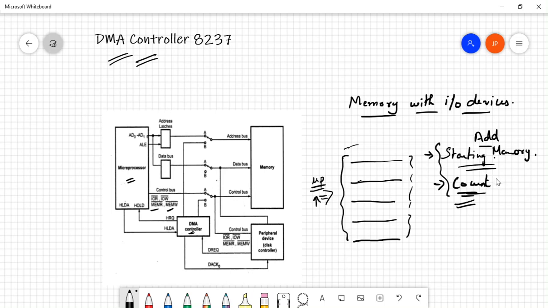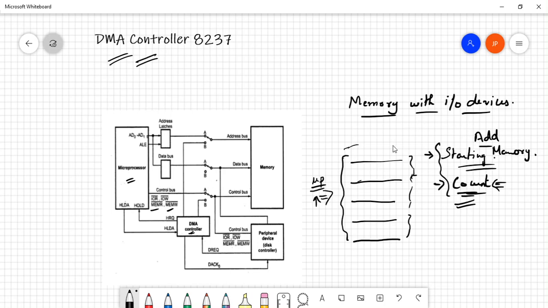It keeps decreasing the count with each byte, and when the entire data is transferred, it gives the system bus control back to the microprocessor. So this device is much faster than your processor, because it does not have to fetch 5 instructions just for transferring 1 byte. It can directly transfer the bytes depending upon the count. With each cycle it can send each byte. So that is the advantage of this particular device.